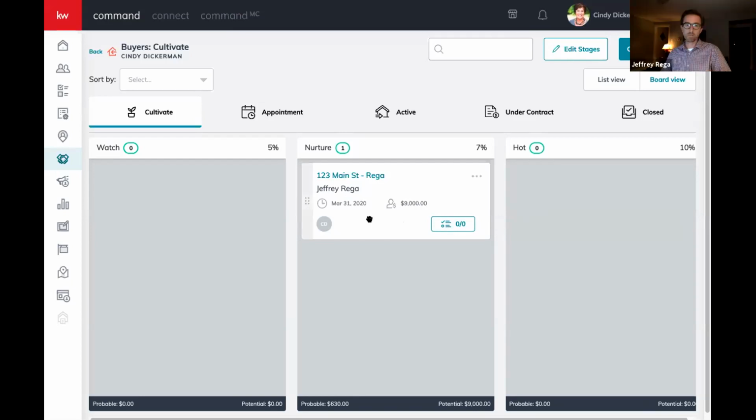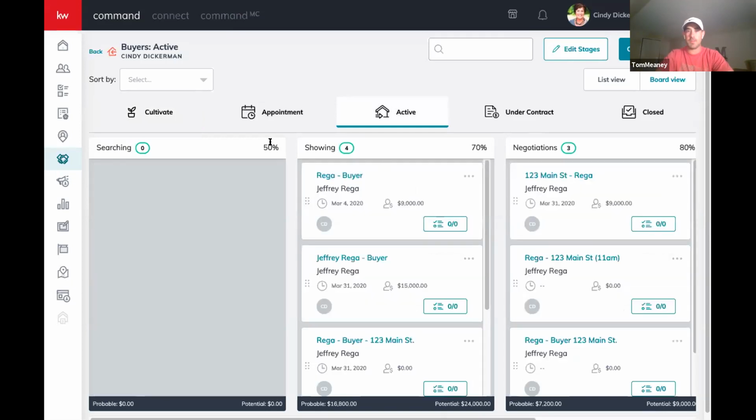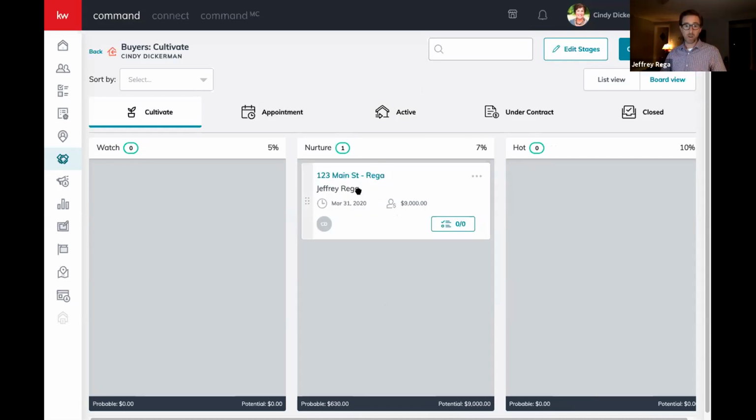seller, fair enough, because you don't know whatever the percent. If you click into active, the percentages jump quite a bit because you're that much closer to getting paid on it. At 70%, 50%. So just the fact that Tom told me he wants to sell a year out, I'm not making any money, but I have the potential to make 7% of whatever I think it's going to be. $630. So I just put a dollar amount on this potential deal, which for some people